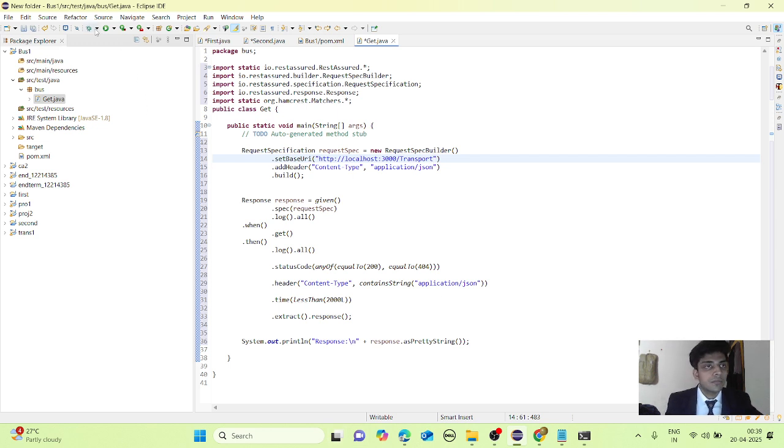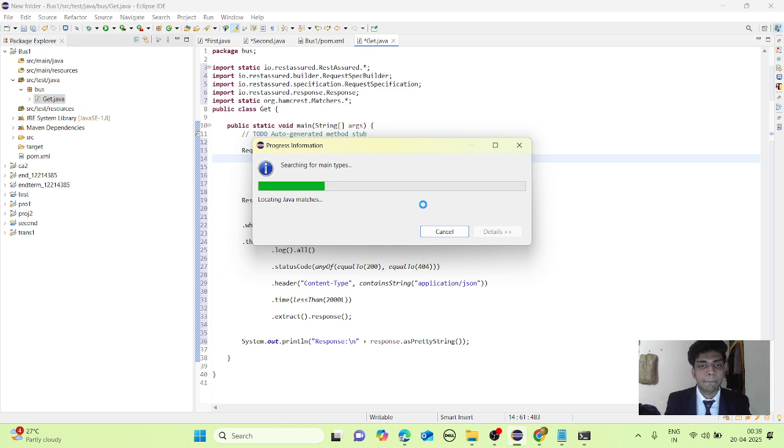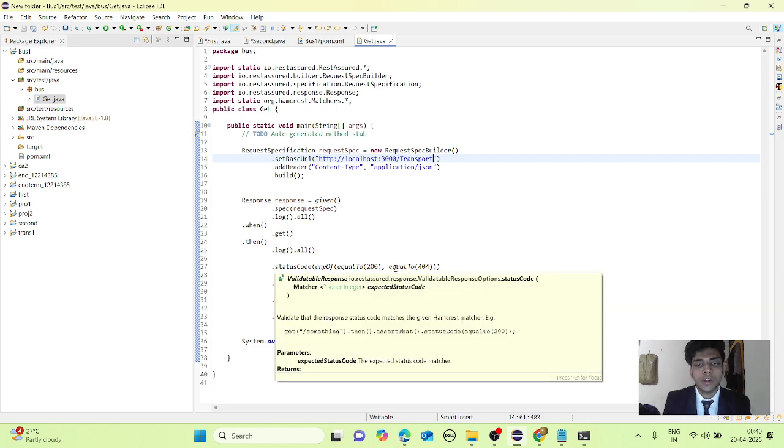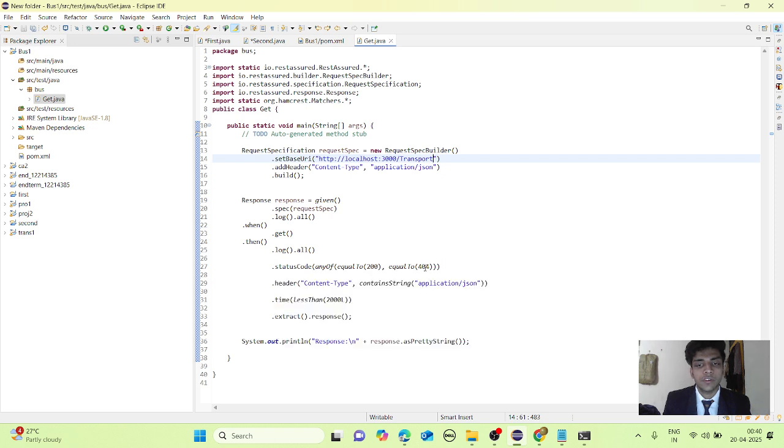Now click on the Run button to see whether it fetches all the API details or not. Click on OK. It will start running. In this code, as per our validation criteria, it will fetch the status code equal to 200, or 400 if we are getting any error.